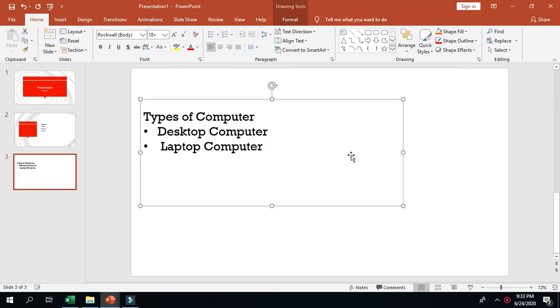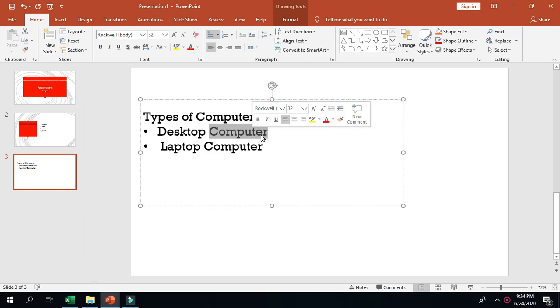So next topic is selecting the text. So whenever we want to perform some changes on the text, changes in the sense whenever we want to change the size of the text or whether we want to change the font style of the text or we want to change the color of the text, firstly we have to select the text. So the first point is to select a word. So in PowerPoint we can select the word by double clicking it. Double click means we will click the word 2 times. So with this the word will be selected.